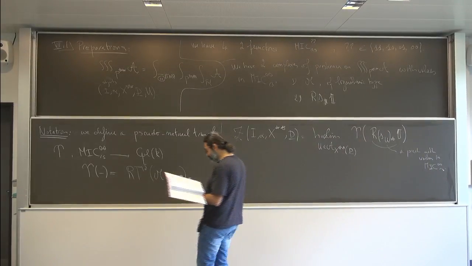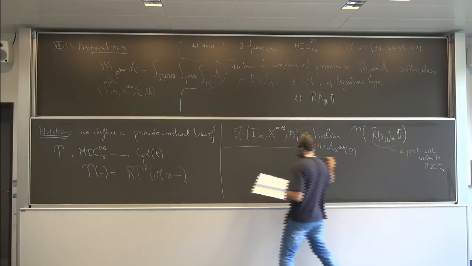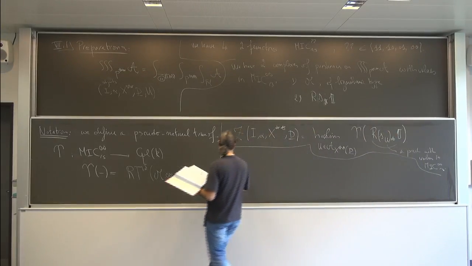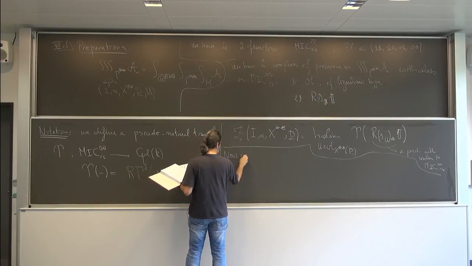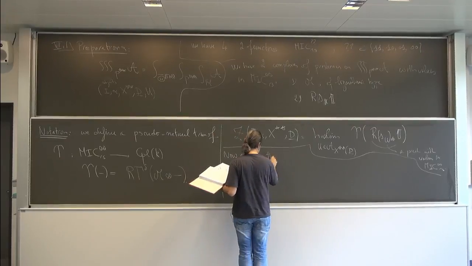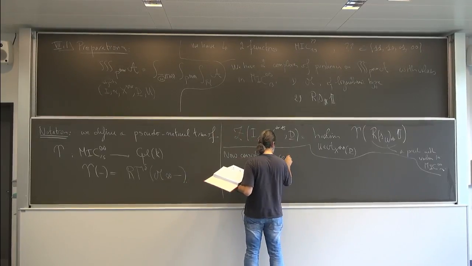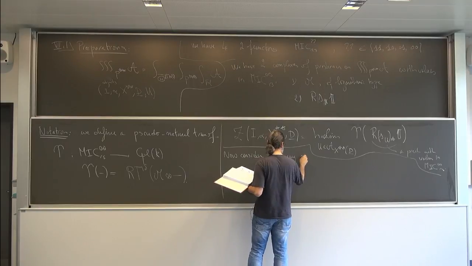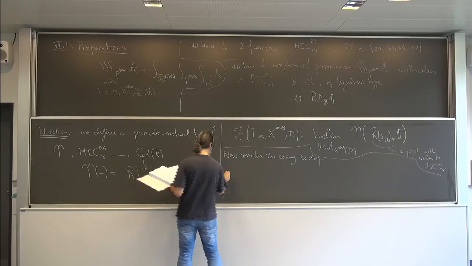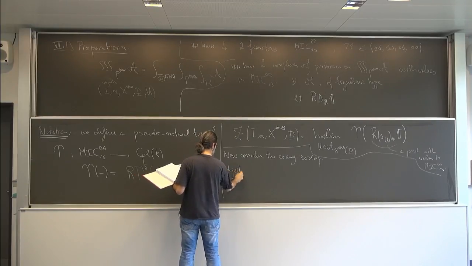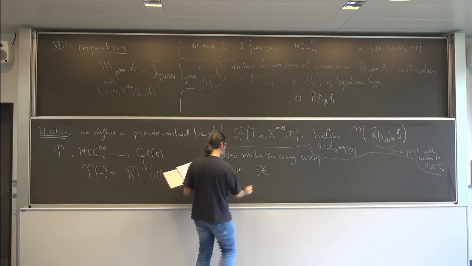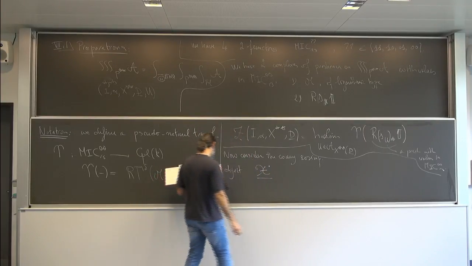Okay, so we have this, and now we consider the following cosimplicial object. So now consider the co-augmented cosimplicial object that I denote by X underline with a dot,